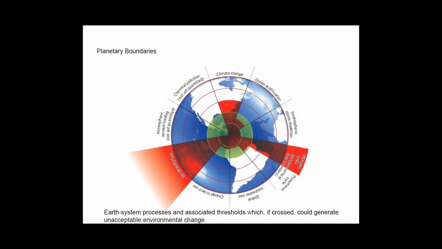What you see here is a green inner circle in the middle, and this green space is considered to be the safe operating space for humanity, so we haven't exceeded this threshold. As you move out along each of these wedges, beyond the green space, that puts us into the space of a crossed threshold, an area where we'll likely see problems or irreversible damage, like those videos we saw at the beginning of class, things that we can't undo once we get past that certain level. With this report, they identified three of the major categories, climate change, nitrogen cycle, and biodiversity loss, in which we've already significantly exceeded our safe zone.